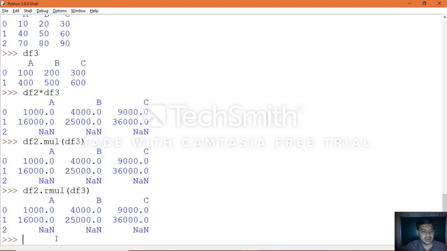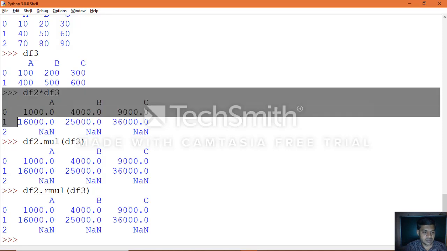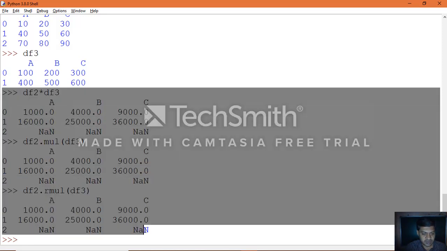You can see again the same result when you work with these two objects with 3 different operations. The multiplication operation done in 3 different ways gives you the same result.